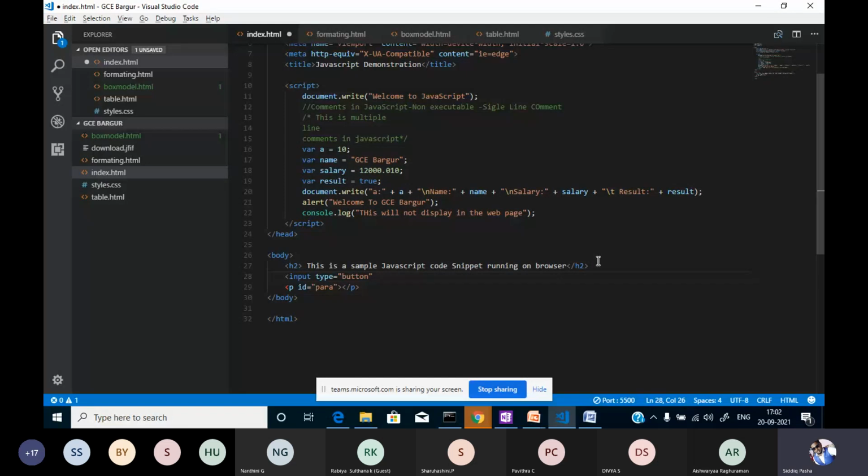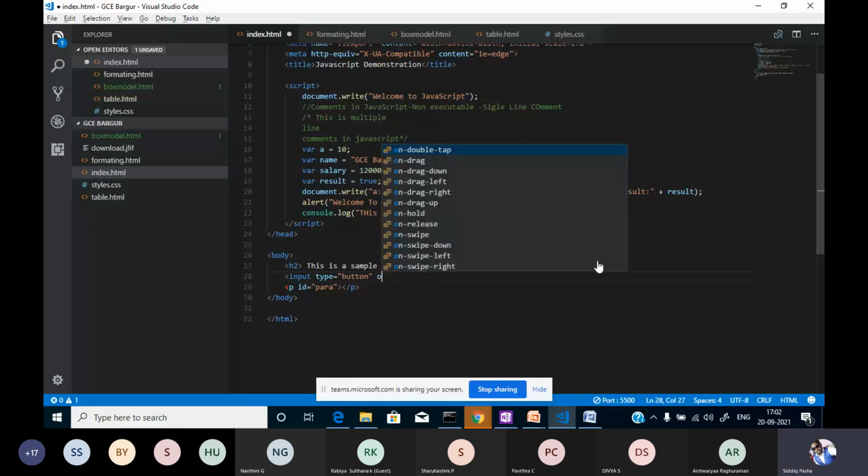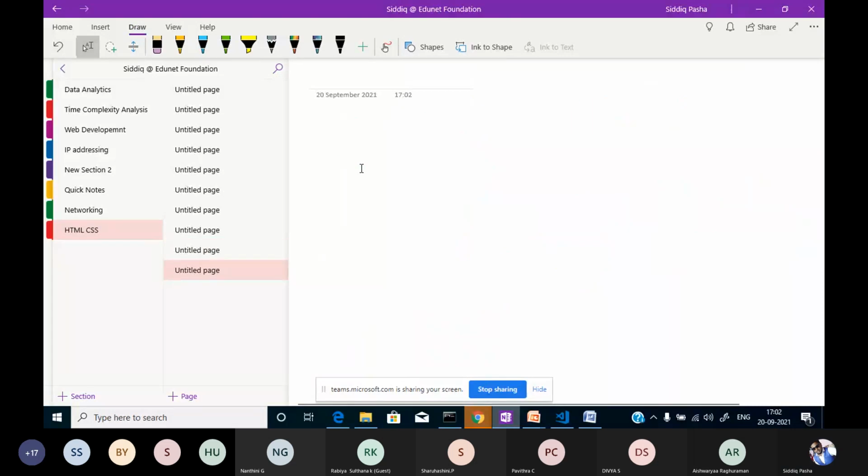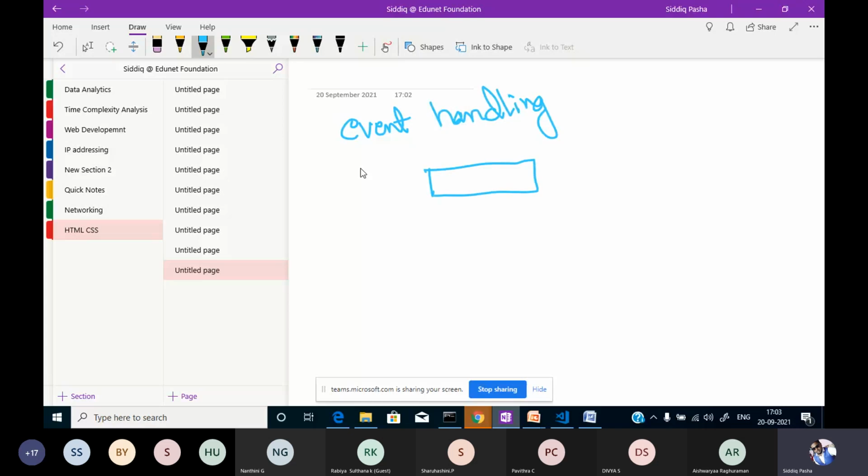So I'm calling the event handler. Event means there is one word, event. What is an event? Anyone please? What is an event or event handling? Event means if we have changed some property, then that event will be triggered. For example, we have a button with some label on it. Whenever we click this button, the click event will be triggered. So this is an event.